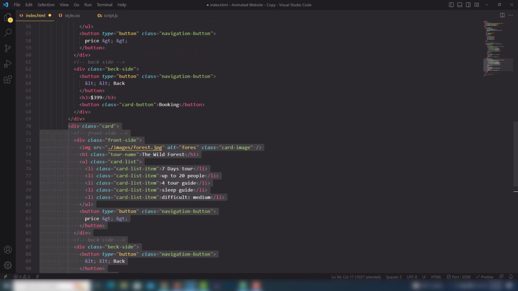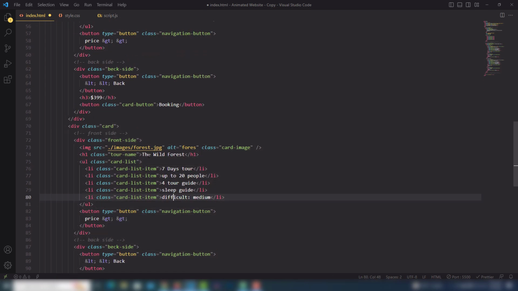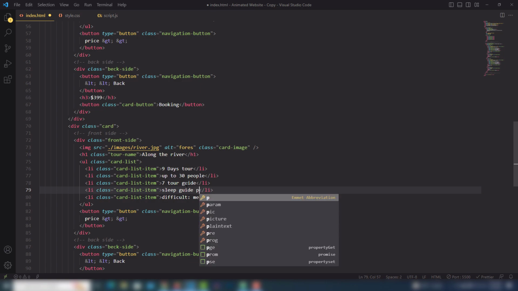In the second one, I need to change the image, like river, and this will be along the river, 9 days up to 30 people, 7 days sleep guide, and private